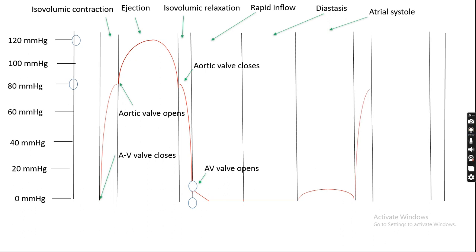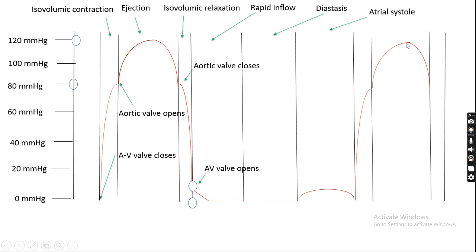Again the pressure sharply rises to about 80 millimeter of mercury. Then the aortic valve opens and blood is ejected from the left ventricle to the aorta through the open aortic valve, and in the rapid ejection phase, as force of contraction is greater than the amount of ejected blood,